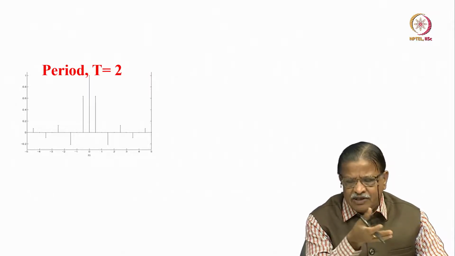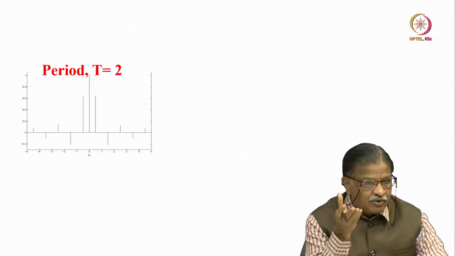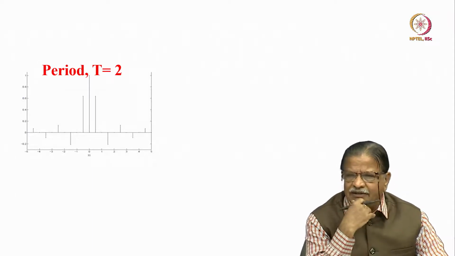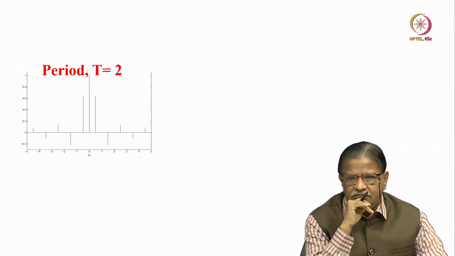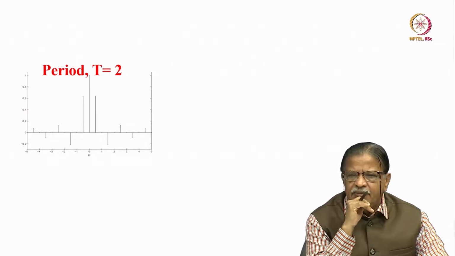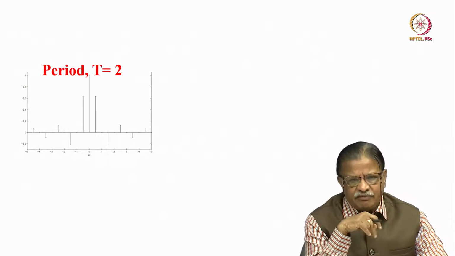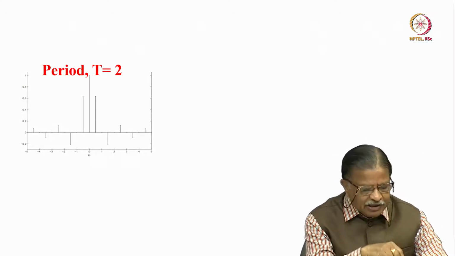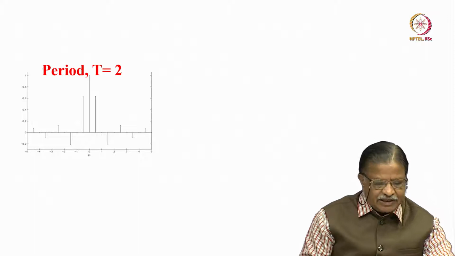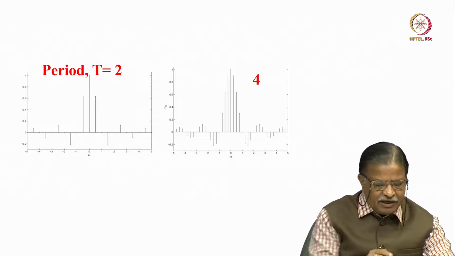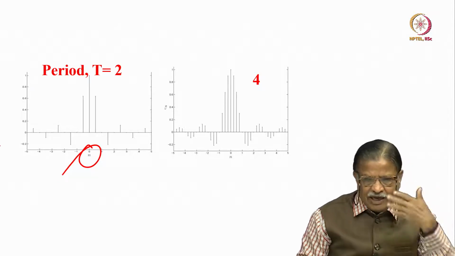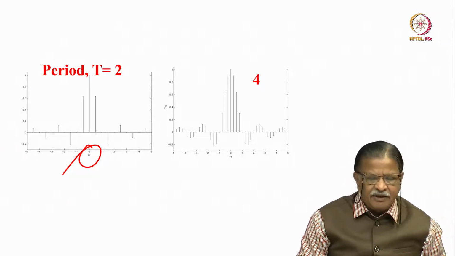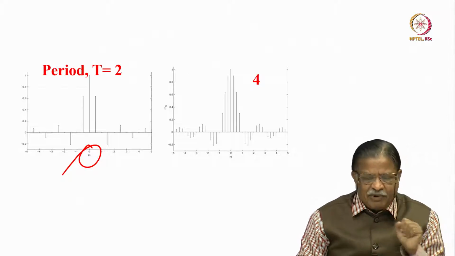Already we worked out a_n, b_n, c and all those things. In the complex form c0, cn, c minus n, we know how to calculate. It is a simple integral calculation. We did that, integral calculus. So, we can do that. Artificially periodized for period 2, 4 and 16, calculate the Fourier coefficients and then plot it. Now plot the Fourier coefficients like this for period T for different values of n equal to 0, plus 1, minus 1, 2, 3, 4; you calculate the value and then start entering here and then plot like a stick plot.